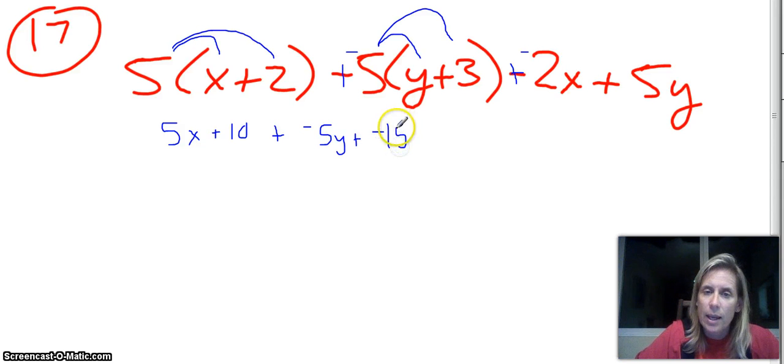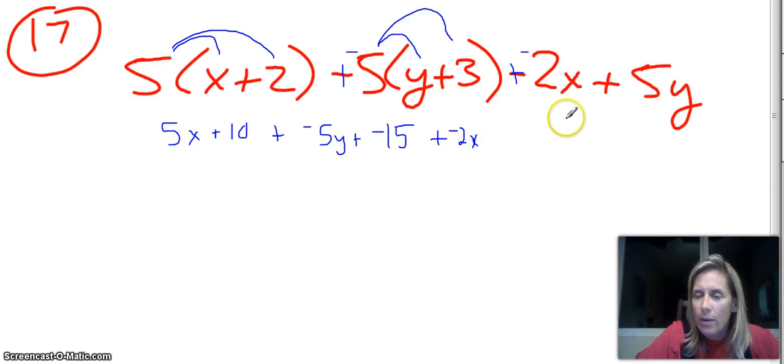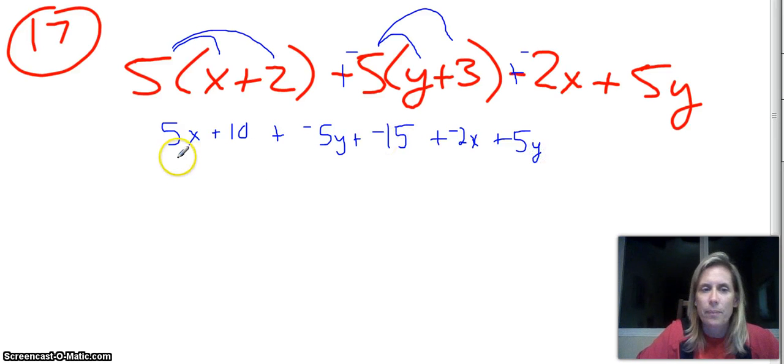Good. And we've got to keep bringing everything down. Here we have our negative 2x. We bring that down. And we have, whoops, that's an x. We have our 5y. It's just sitting there alone. Okay. Good. We have a lot of terms in this expression, don't we? So now we start from the left. I have a 5x